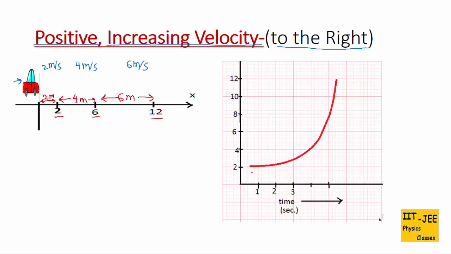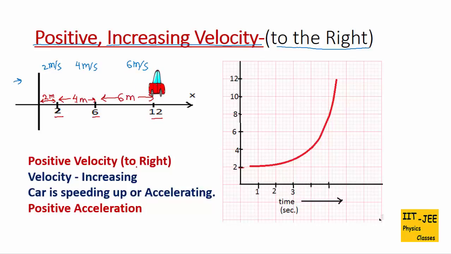So first you need to check the position of the graph. You can see graph starts at lower position and then moves to the higher position. Like it starts at 2 and then moves to the 12. That shows positive velocity or object is moving to the right. Then check slope of the graph. Let's take a point at the graph and draw a tangent at this point like this. So this tangent is the slope of the graph at this point. The same way draw tangents or slope on the other points.